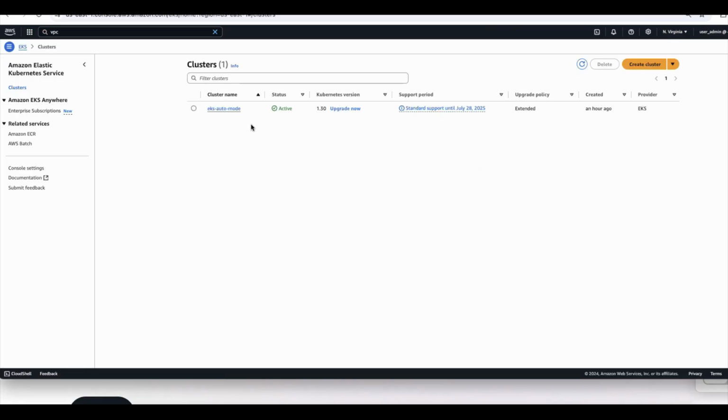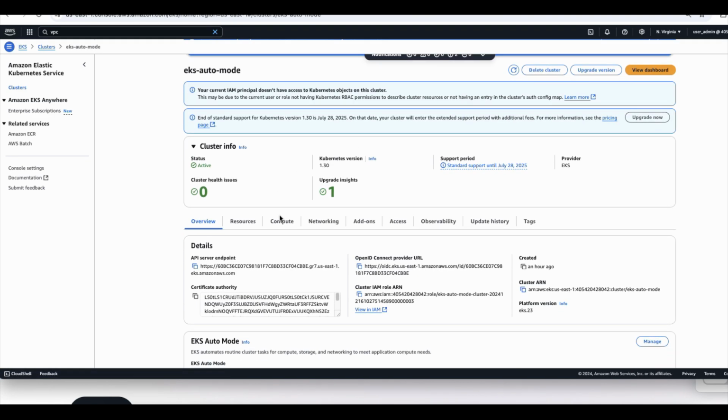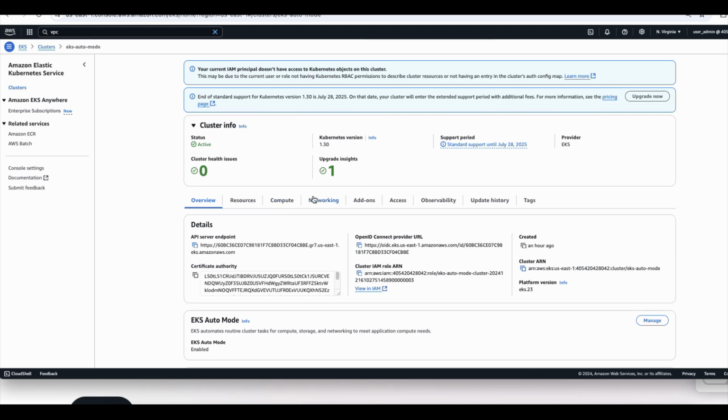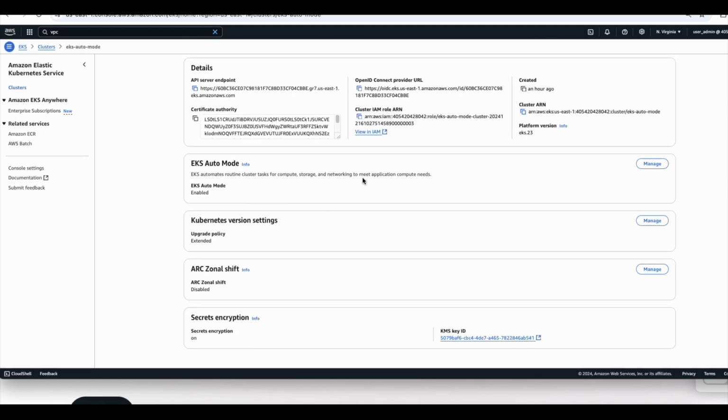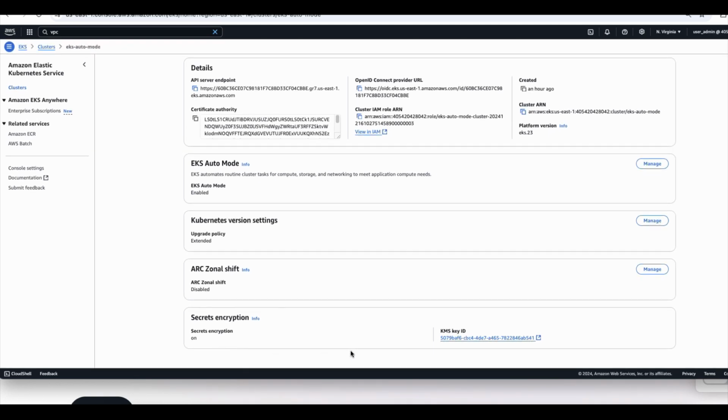So let us first see in the console how this looks. This is the EKS Auto Mode cluster. Version is 1.30 and Auto Mode is enabled. Upgrade policies are extended by default. In this case I'm using Terraform, so I have not made it standard, and secret encryption is enabled,